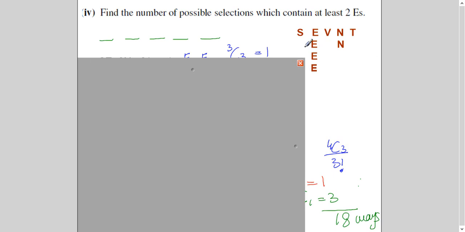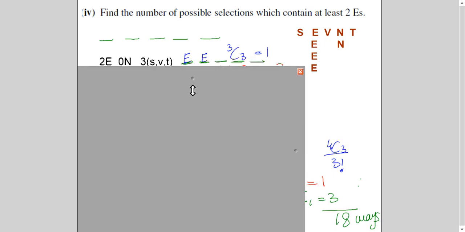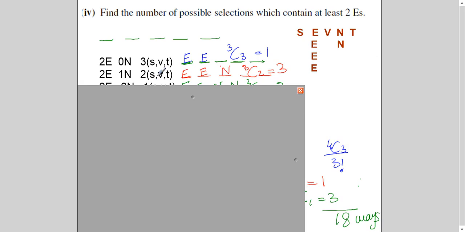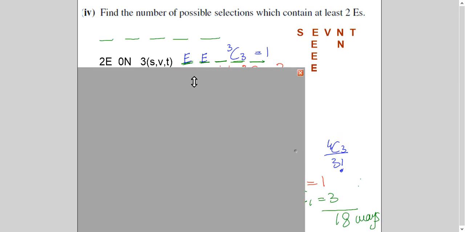Okay. Last, find the number of possible selections which contain at least 2 E's. Now these types of questions you have to be careful about. At least 2 E's means maybe 2, maybe 3, or maybe 4 also, because I have possibilities till 4, right? So I have to consider all the cases one by one. Number 1 is 2E and 0N. The problem here is I have another identical set except E, which is N. So the condition is on E. So the condition on N I will consider myself and take all the cases.